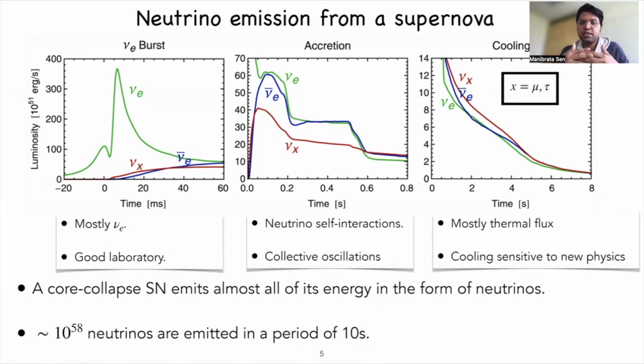This is the phase when collective oscillations and these neutrino self-interactions are most dominant. So this is a phase where basically the shock wave that was launched eventually loses energy and stalls, and then matter accretes on top of the shock wave. And eventually, these neutrinos are expected to re-energize the shock wave, causing a successful explosion, which means that the shock wave goes off and neutrinos are emitted, and this leads us to the cooling phase, which goes on